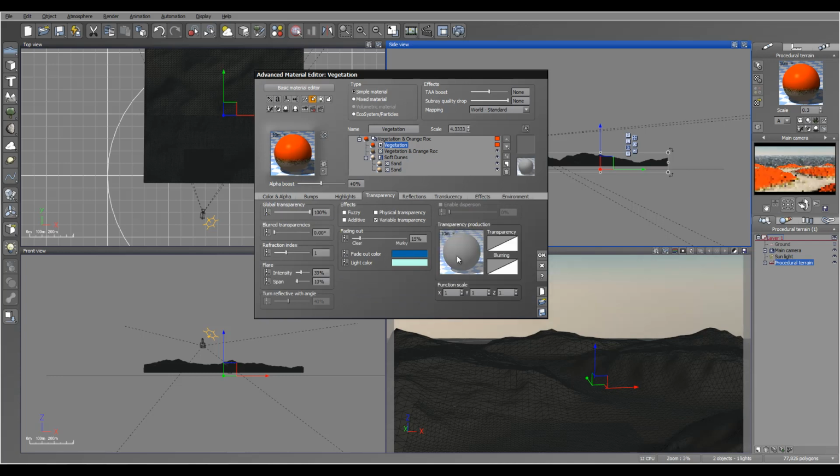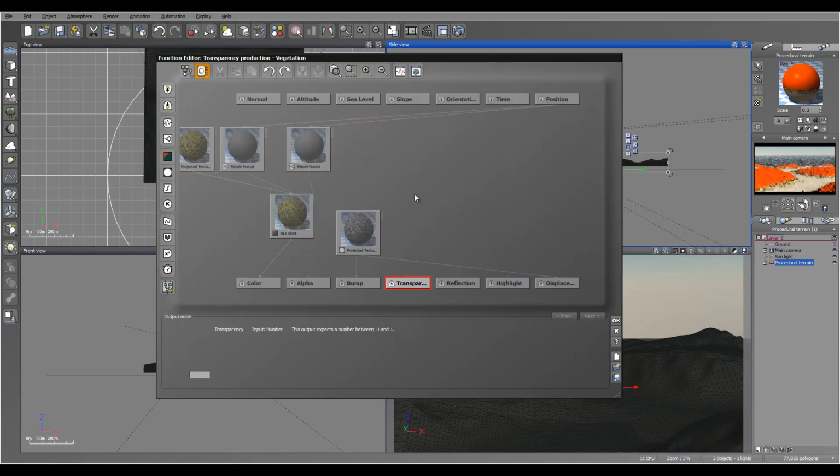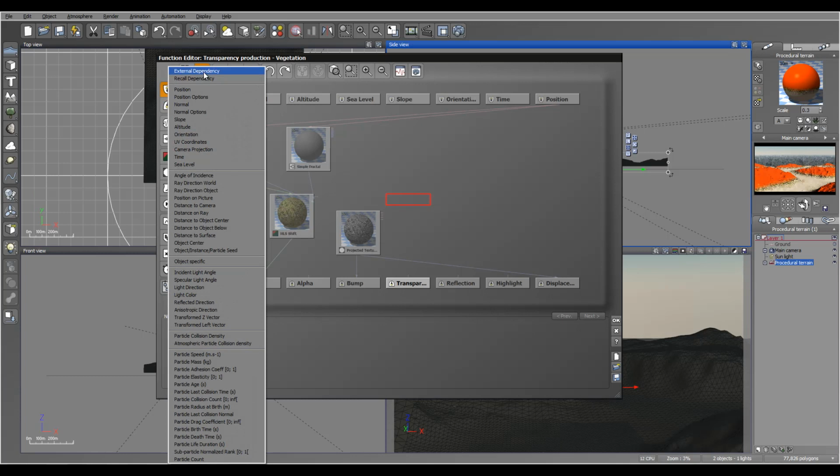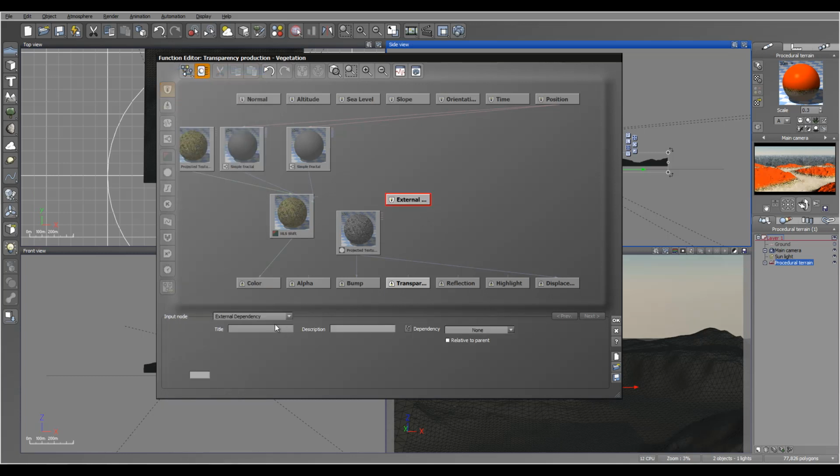We'll click variable transparency. And right here in the function, what we're going to do is add our custom external dependency. We'll set this one from procedural terrain, and remember we have rough areas, so we'll select rough areas,